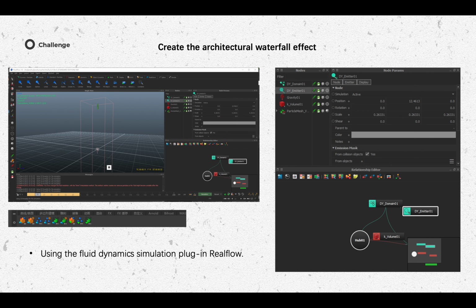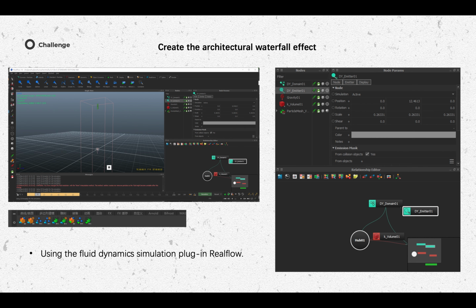First, you need to simulate an emitter, usually a circle. Then you need a long groove tag to limit the emission area. Use key volume and add a mesh tag.